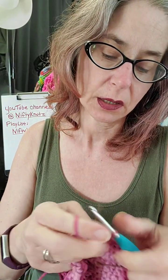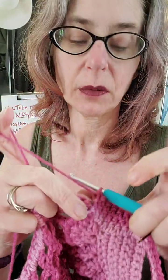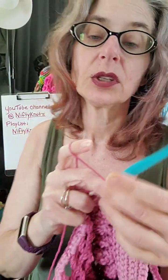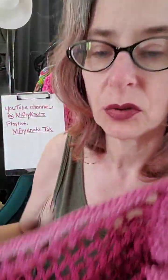2, 3, 4, 5, 6, 7, 8, 9. This is the first marked stitch of the side, and I'm going to put 1 single crochet in that first marked stitch to the second side. I'm going to remark that stitch just so I can keep track of things. Remark that stitch, and then I'm going to continue down the second side doing the same thing, working my 3